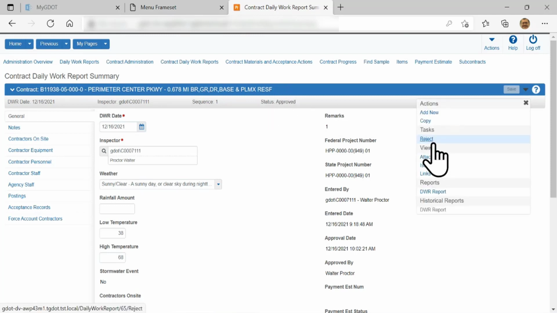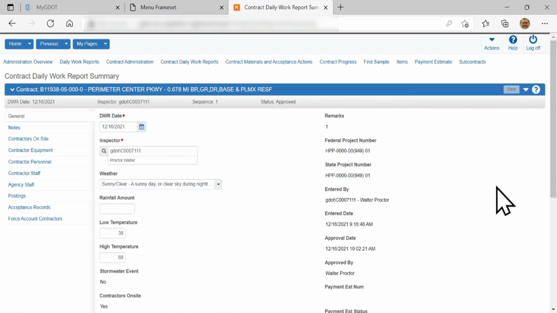Even if they approve it, they still have the option to bring it back out and make changes. But this way you can see what the documents are in there that you're working with. And we're generally shooting for having most of our DWRs approved so they can be updated and arranged in there. But that lets us see our information.